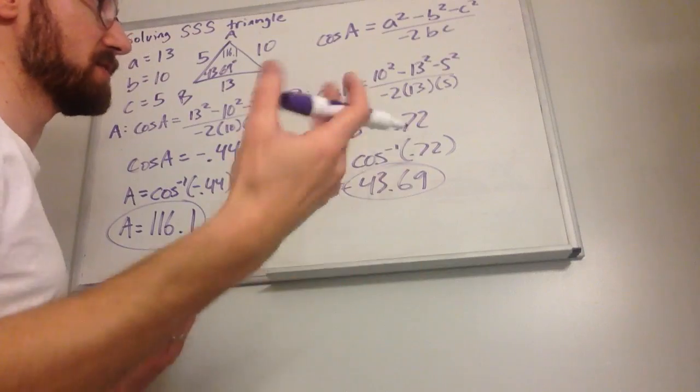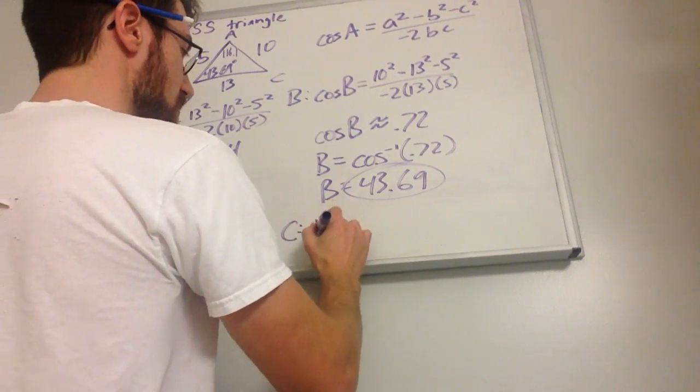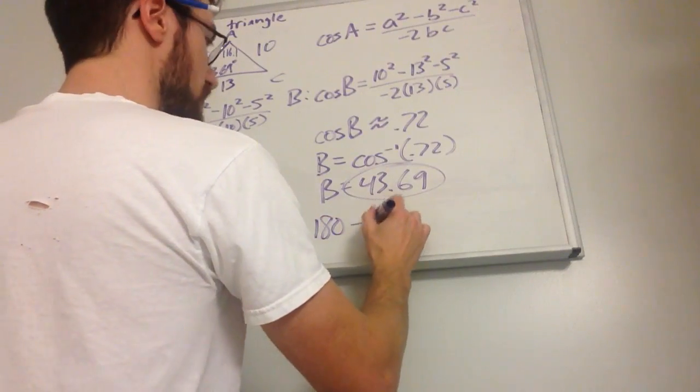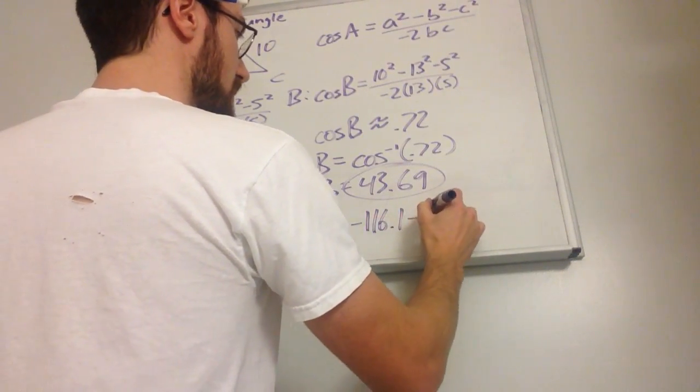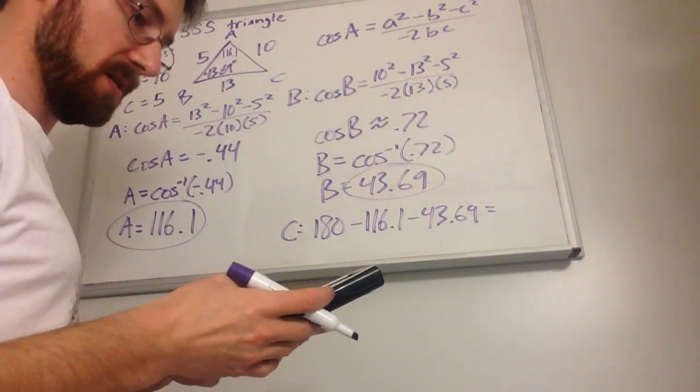Now for C, all I have to do is subtract these from 180. I could use law of sines or law of cosines or whatever, but it's probably just as easy for C to do 180 minus 116.1 minus 43.69, and that's going to be